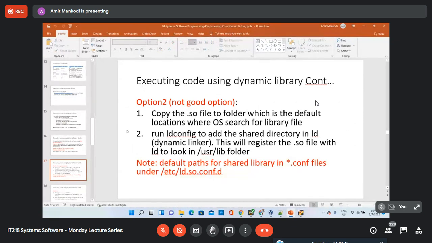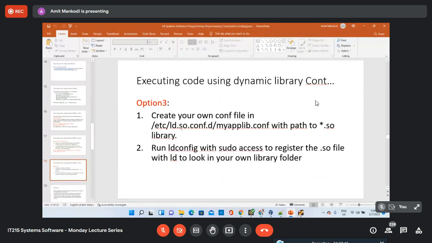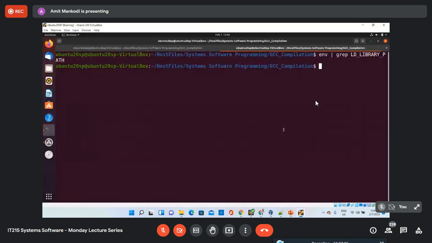What is the other method? The other method is that there is a folder called /etc/ld.so.conf.d. This is the folder, and if you look at this folder, let me go to that.